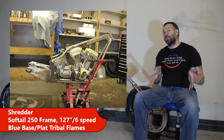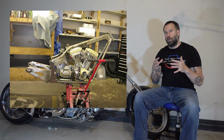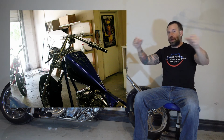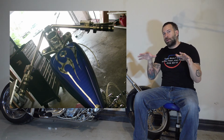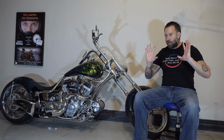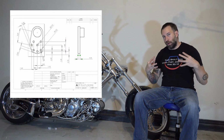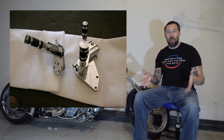Now, he loved the look of AJ's bike, so we used a very similar frame, but a War Eagle one for that one. The handlebars I ended up making to fit. I basically sat them on there, said hold these two bars, and I'm going to tack them in place, take my measurements, and so I made the handlebars for that. The foot controls, instead of having off-the-shelf extended ones that I could buy, I had my buddy machine some retracted ones. So even though it looked like a big bike, it was actually something that he could hop on and